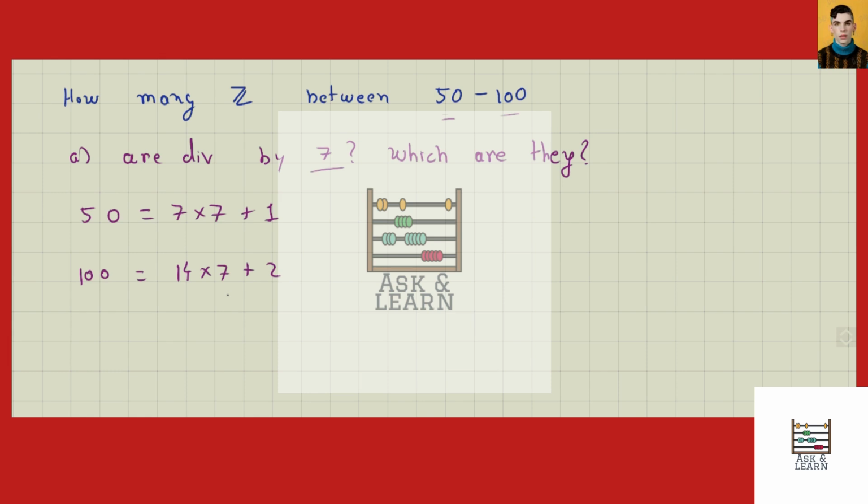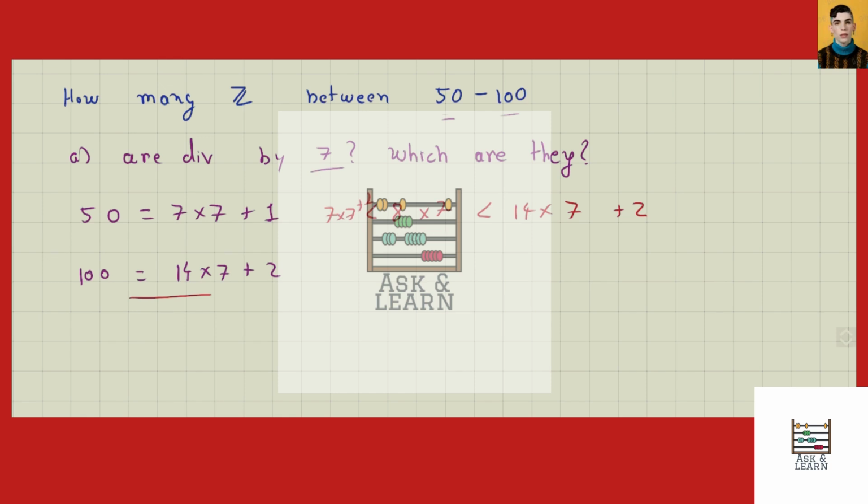Okay, so maybe you can see what is happening here. You can see that the number 8 times 7 is going to be contained in this interval, because the upper bound is 14 times 7 plus 2. So 8 times 7 is less than 14 times 7 and is greater than 7 times 7 plus 1, that is the lower bound. And here I forgot the number 2. Okay, so this number is in this interval,